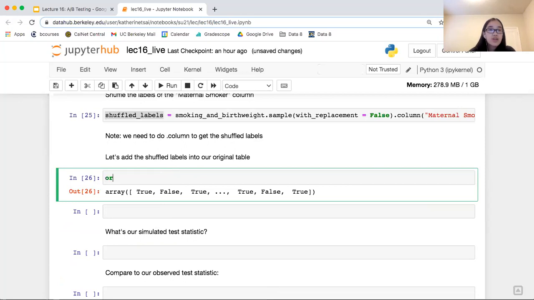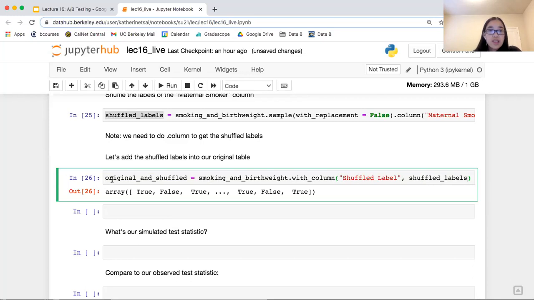Let's call this original and shuffled. What we're going to do is smoking and birth weight, and remember how you can add a column to an existing table. We can do with column, and let's call that shuffled label. We're going to be adding in the shuffled labels. And let's see what that looks like.